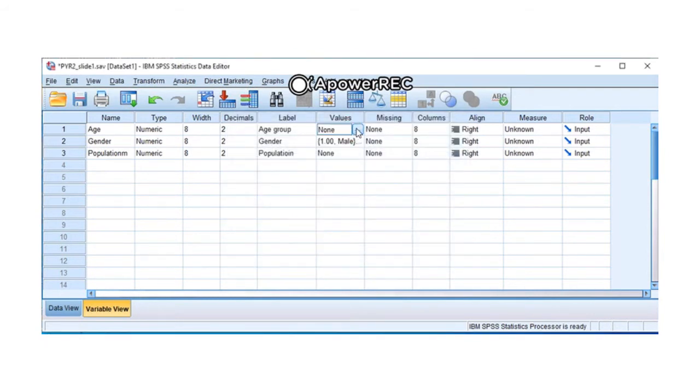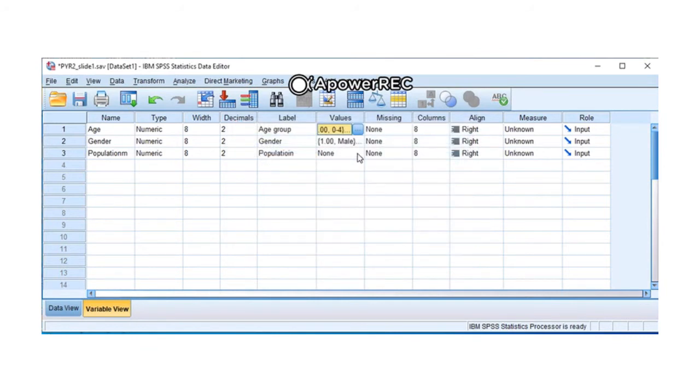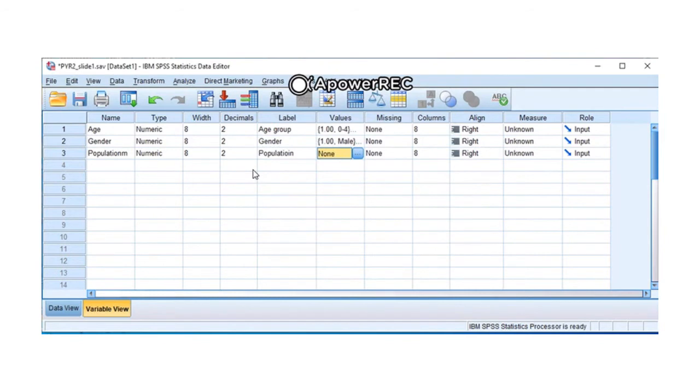Then I will also give the age group as 1 equals 0 to 4, 2 equals 5 to 9, 3 equals 10 to 14 and so on, and say OK. For the population, I will give nothing, it remains as it is. Here the first one is the ordinal variable, the second one is the nominal variable, and the third one is the scale variable.